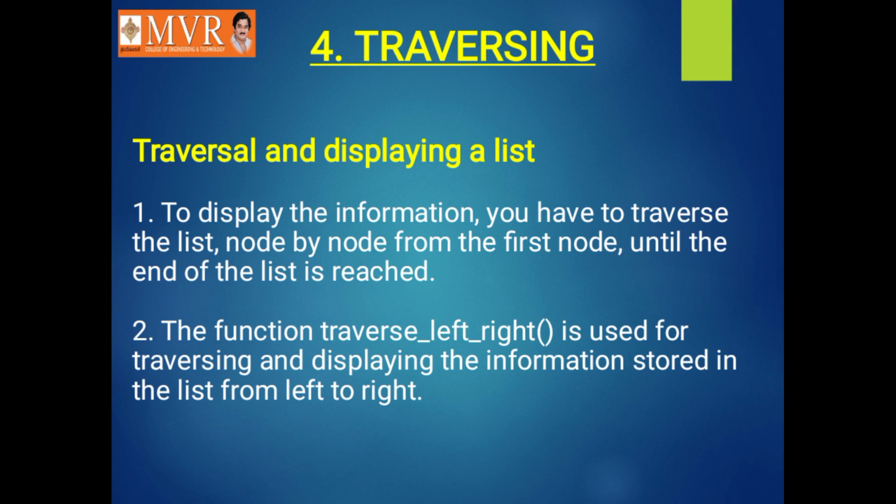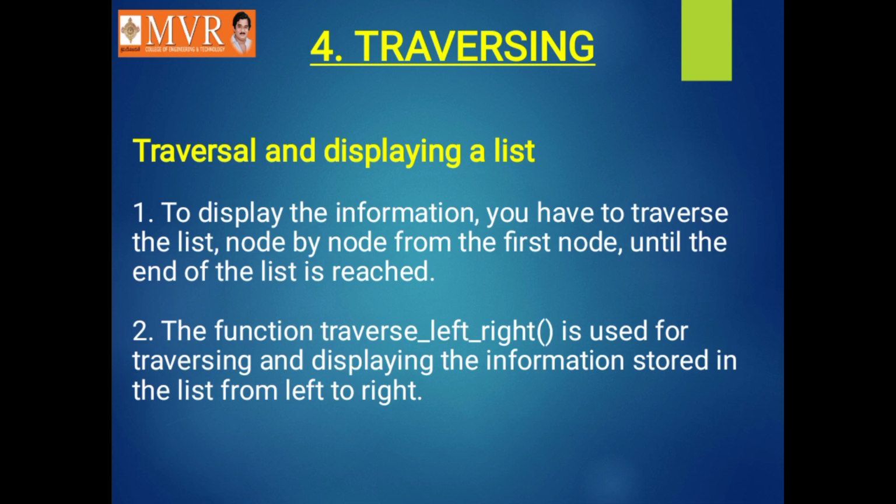Traversing means visiting all the nodes of a linked list from front to back and also from back to front. That is, we start from the header node, then move to the first node, then the second node, then the third node, and so on till the last node is reached. And from there, by using the left link, we move one step before, that is, from end to beginning. Okay, the function traverse left or right is used for traversing and displaying the information stored in the linked list